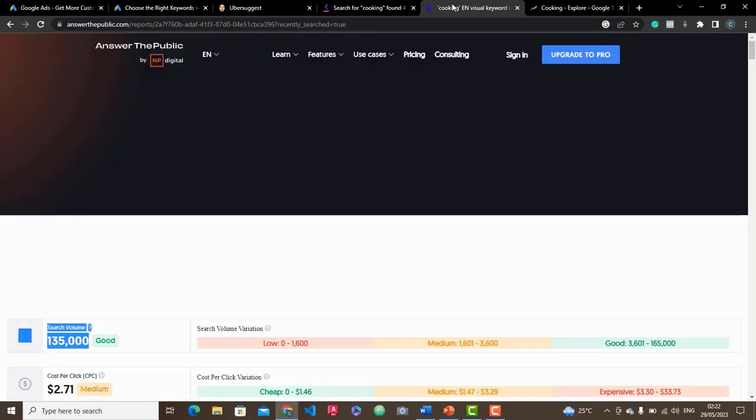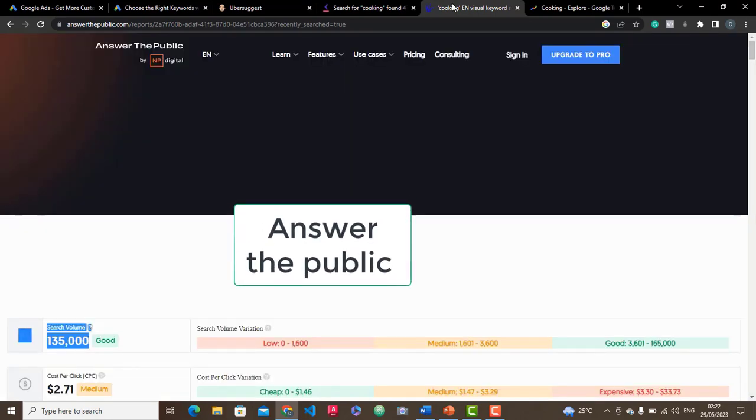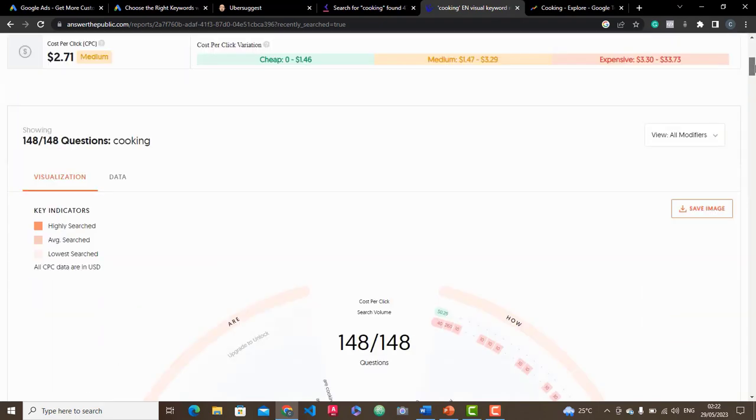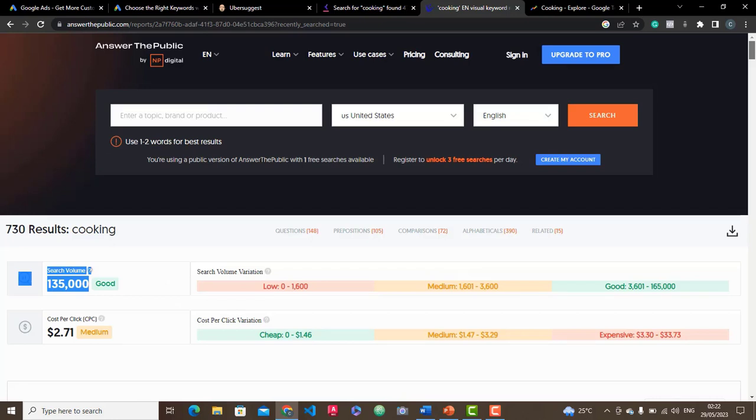you can come here and search for any keyword, topic, brand, or product you want to get keywords from, and click on search. It's going to give you access to it. But on this platform, you have only 3 searches per day. You can see here when you start, you have 3 searches per day. On cooking you have 135,000, just like we saw in the last place, Ubersuggest. See the difficulty, see the cost per click, and then if you go down,